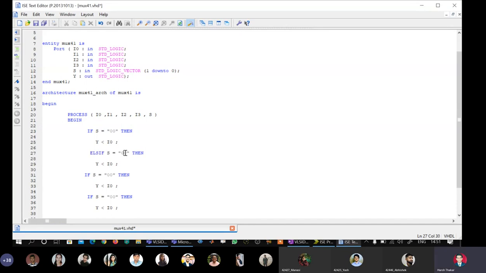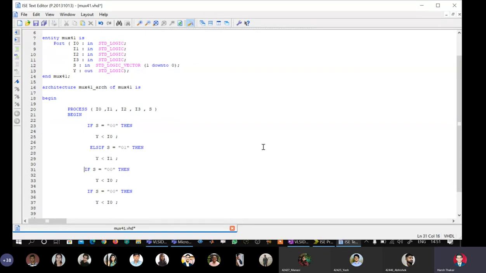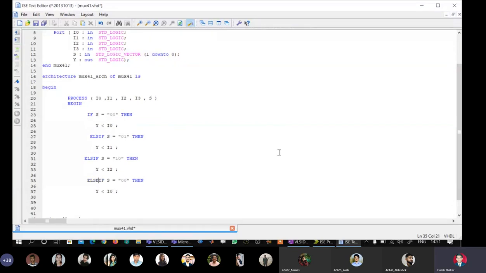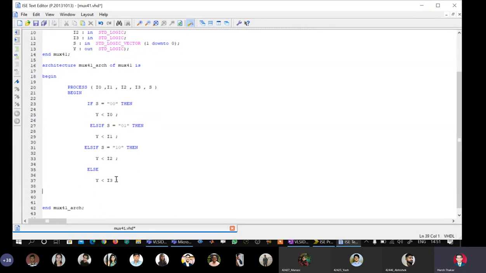Else if s equal to 01, then y is assigned I1. Else if s equal to 10, then y is assigned I2. Else y is assigned I3.